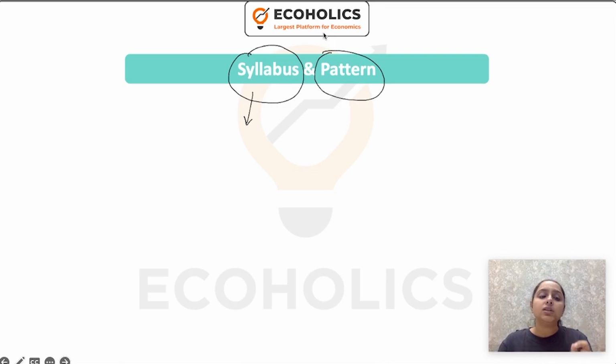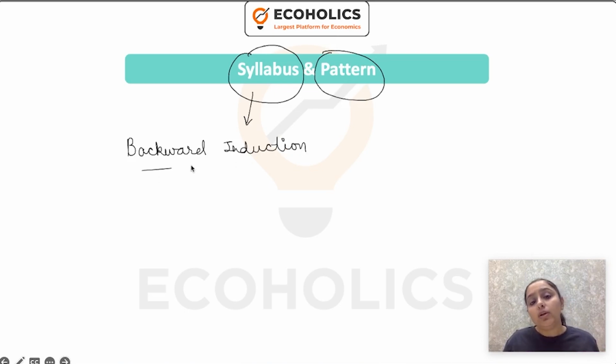If I ask you what questions can be asked from differentiation, you can only tell if you have gone through the papers and the syllabus to see what needs to be covered under it. You must have heard of the word backward induction in game theory. Backward induction works here as well. When you see the type of question appearing in recent past year papers, you go back to differentiation and say, such kind of questions are being asked in the exam, so I will prepare my differentiation according to this pattern.